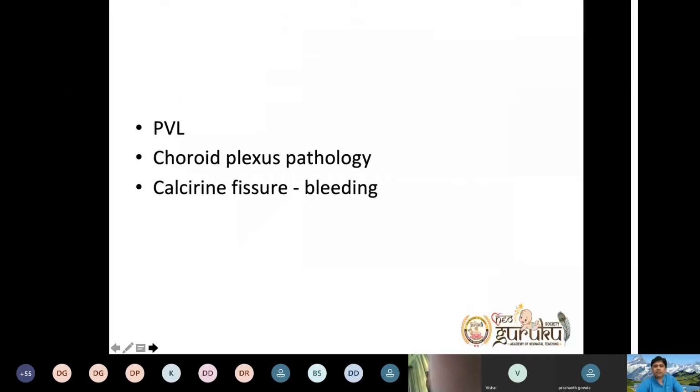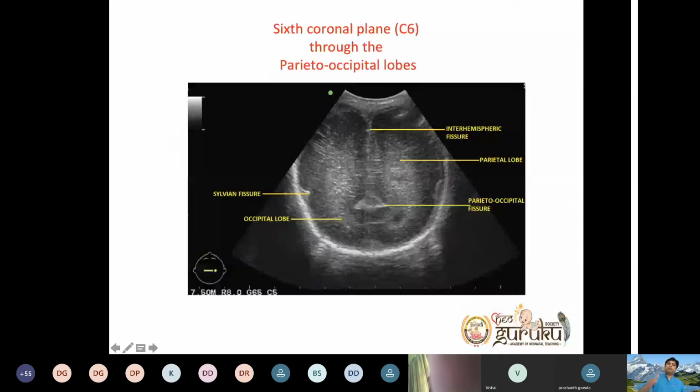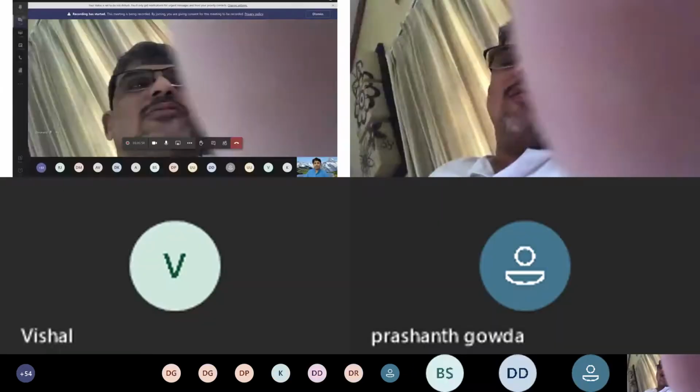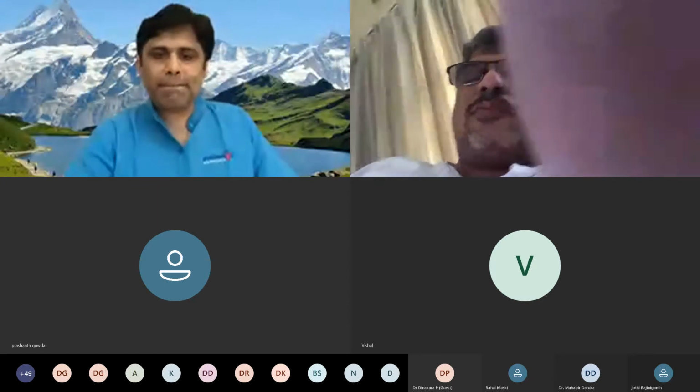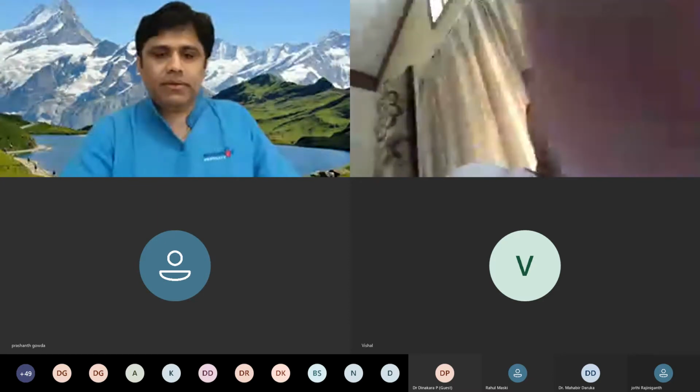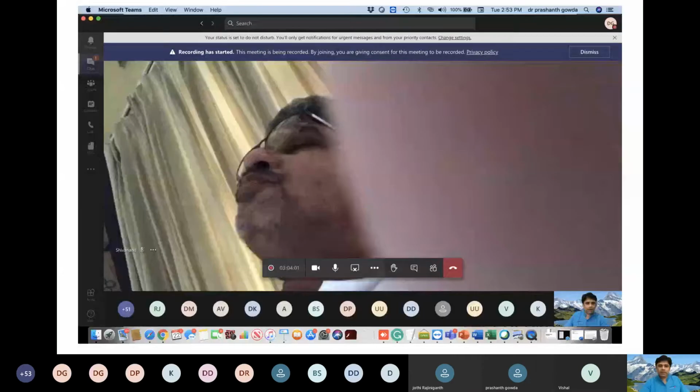So now we are moving backwards. Here you are cutting posteriorly beyond the occipital horn, so you don't see any thalamus, because it's all placed in the center of the brain, base and center of the brain. So this is your parietal lobe, intrahemispheric, occipital. One second, I think my presentation got stuck. So you can see the Sylvian fissure a little bit here.